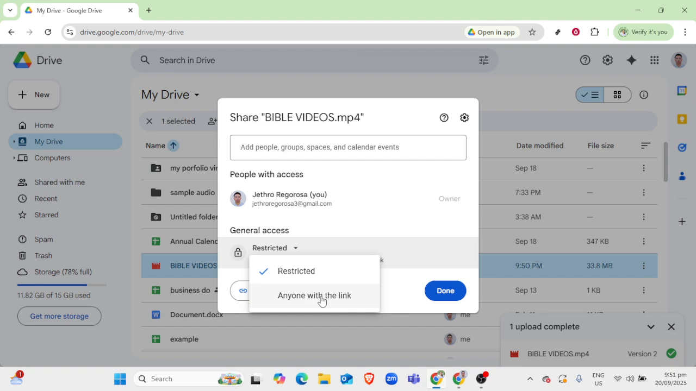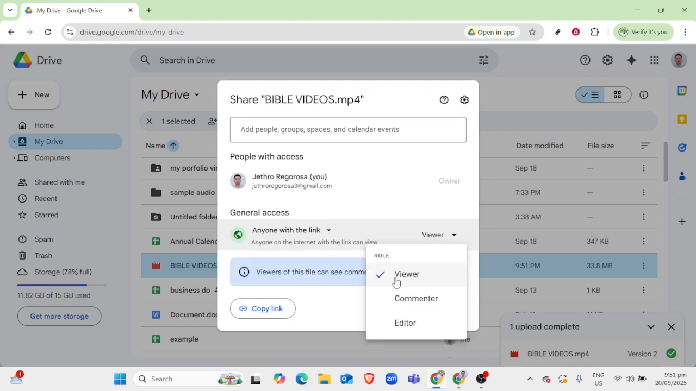This copies the shareable link to your clipboard. Now you can paste this link into an email, a message, or anywhere you choose to share your video with others. And there you have it, a simple way to upload and share your videos using Google Drive. It's seamless, efficient, and ensures that your